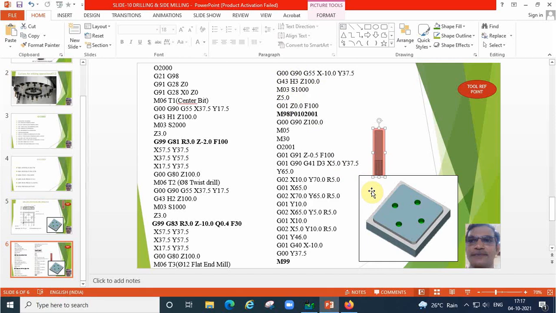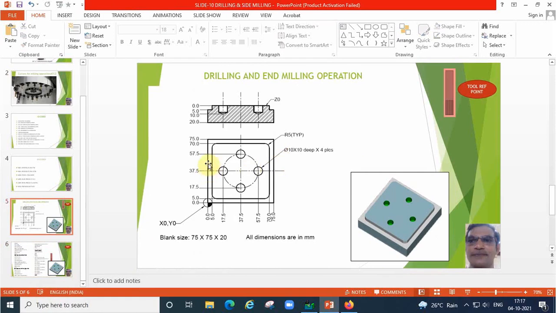Next, simply we are going to call the subprogram. Why? Because say we have 5 mm depth. At a stretch 5 mm depth we cannot remove. So we have to rotate the cutter 10 times around the profile. First time 0.5 it will go down. So 10 times we are downing the tool with 0.5 depth of cut, so that we will get 5 mm depth finally. That's why we have to call the subprogram